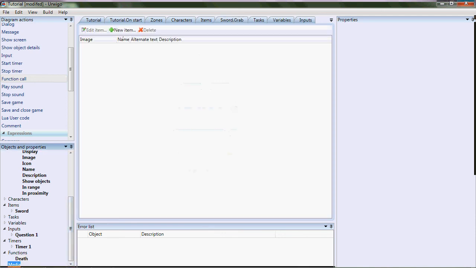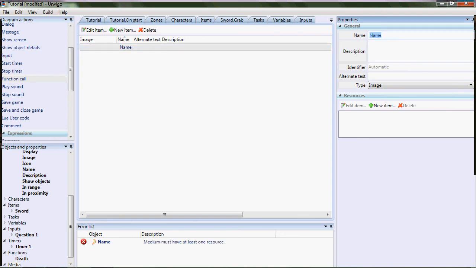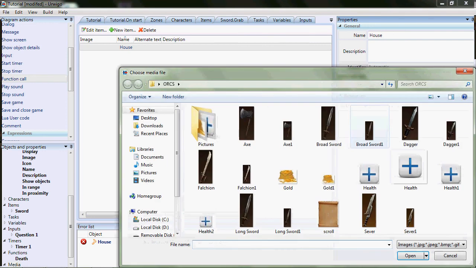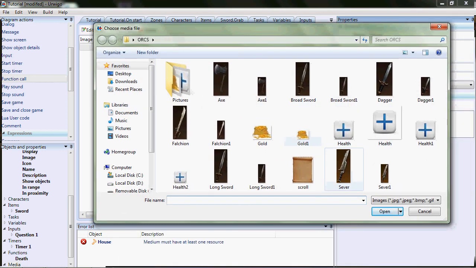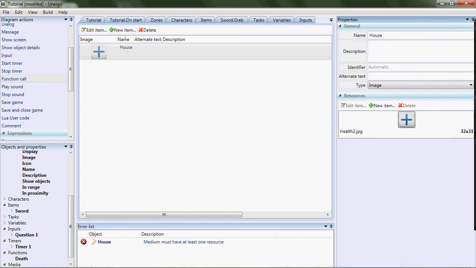Alright, now we're down to media. Media is what we talked about before, the icons and the pictures for things. So if we go to new item, and we're just going to say, let's say house, right? So it's an image. You also do audio and text. We're going to do image. We're going to go with this little health thing right here. See here, it's 32 by 31. So we'll call this health